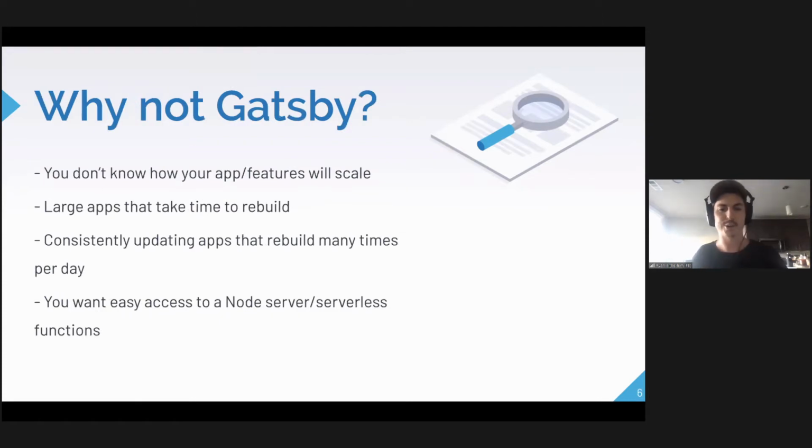So probably a question you would think is, why would we not use Gatsby? In what cases is it inappropriate to reach for Gatsby and to dive into Next.js? The first one is, what if you don't know how your app and features will scale? What if you're starting out making a blog, but then all of a sudden you want something super interactive, or you want to implement some feature and you're at this very early stage of just not knowing what products or what features of your application are going to be the things that you end up